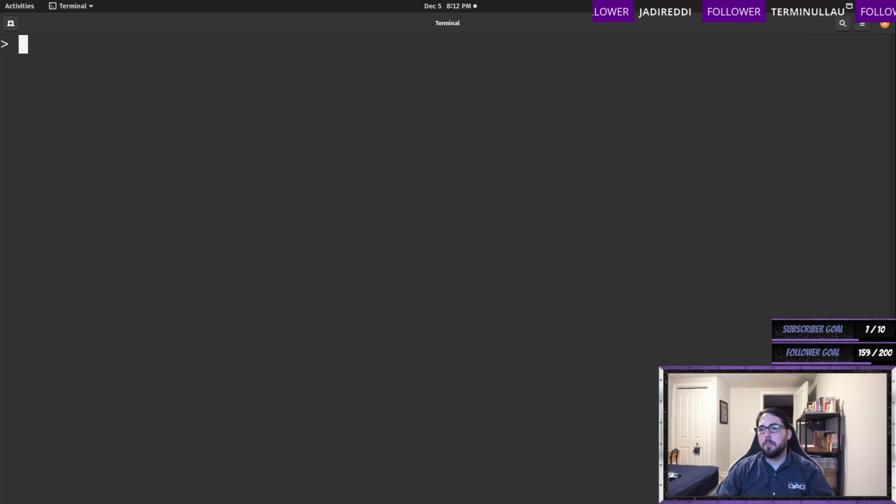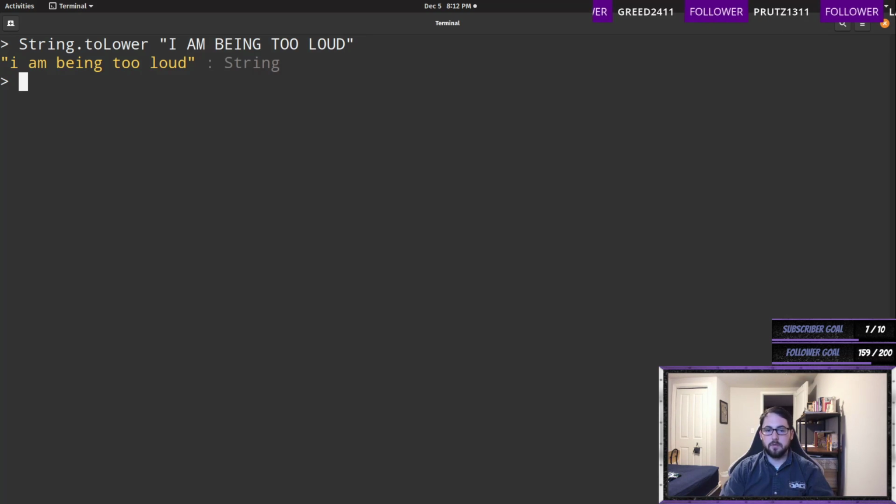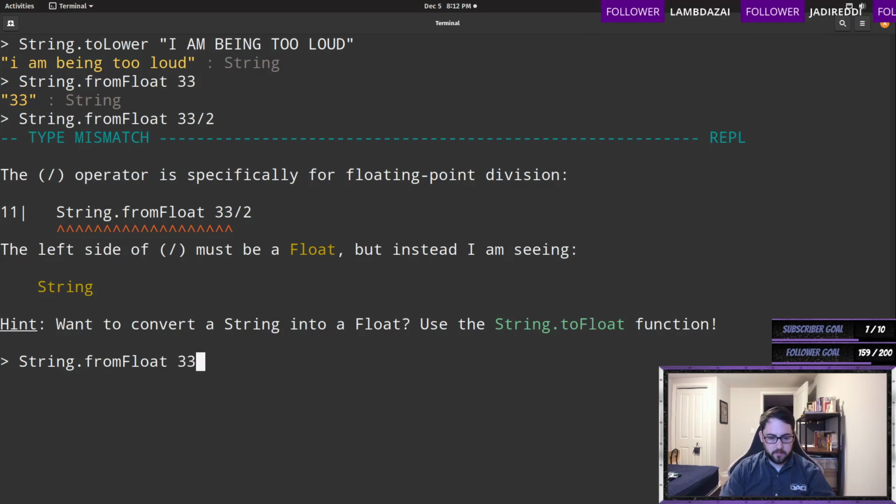So this part is about modules. There are some core libraries available where you can write, like, to lower, and it will just lowercase it. There's upper. There's string from float. I assume you can do something like this. There's also